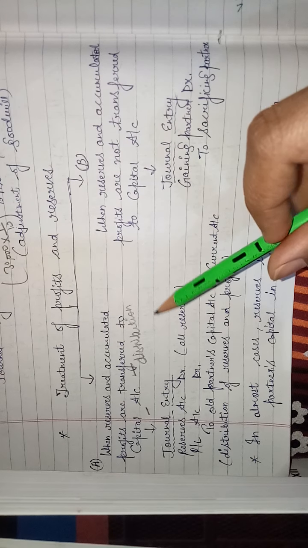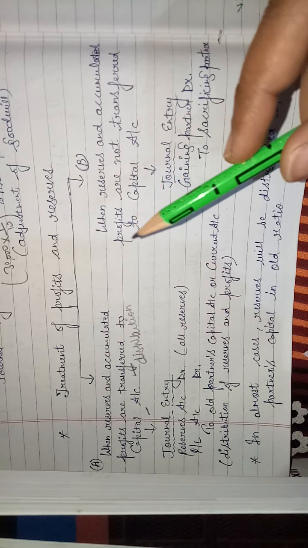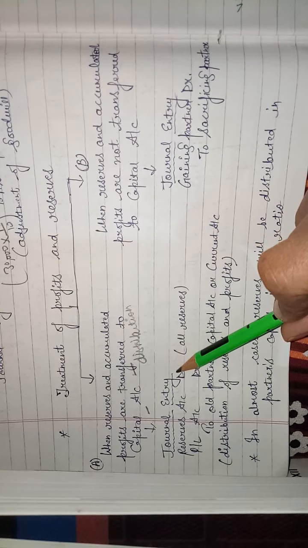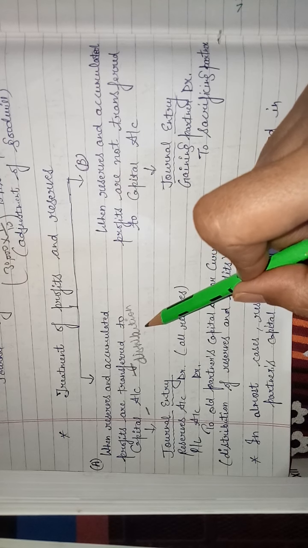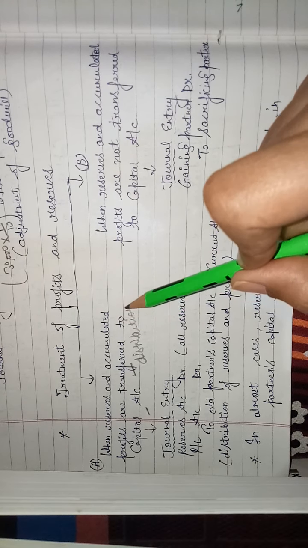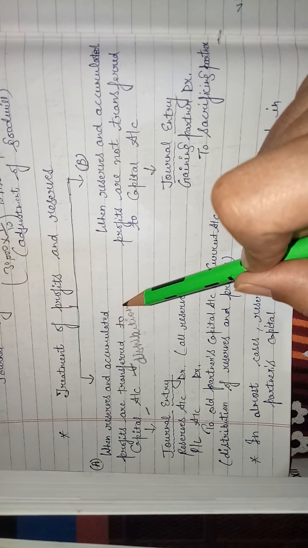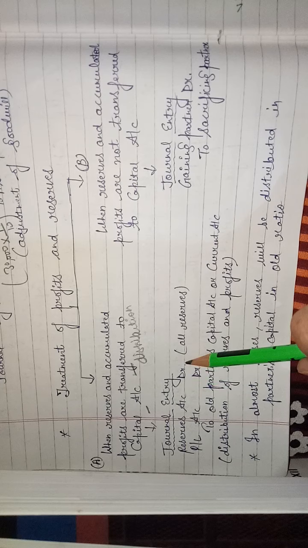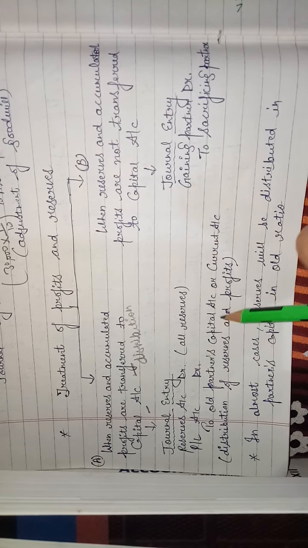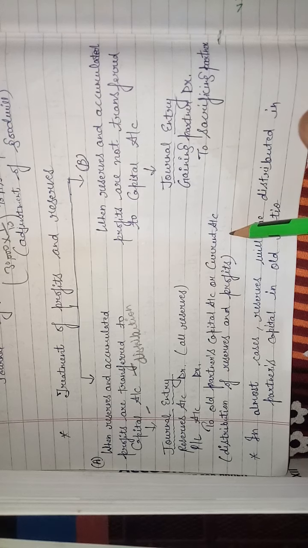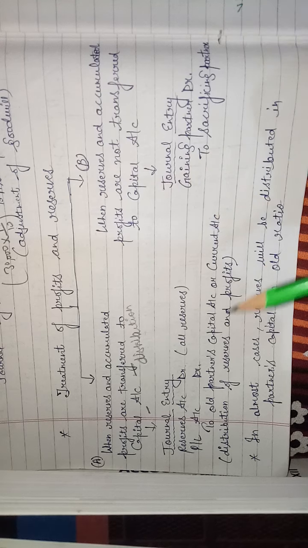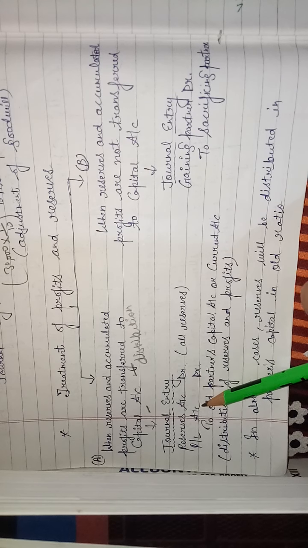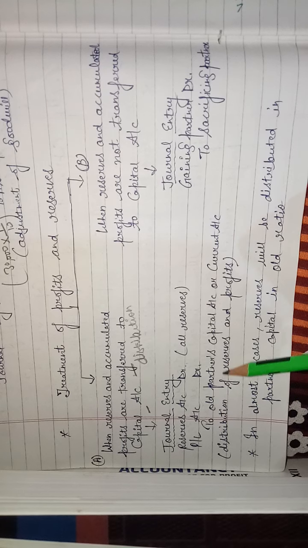So in case 1, when partners are distributing profits and reserves, then we have to pass one journal entry. As we know, these all will go to partners capital account on the credit side, means partners capital account will be credited. So reserve account debit, profit and loss account debit to old partners capital account or current account. Where will these go? In partners capital account or in current account.